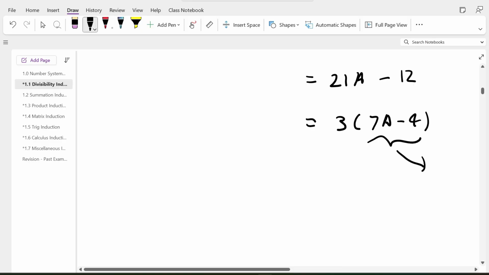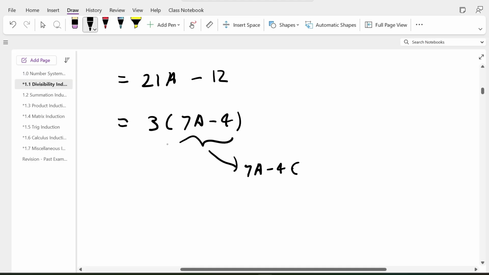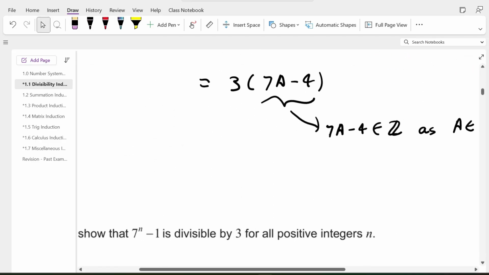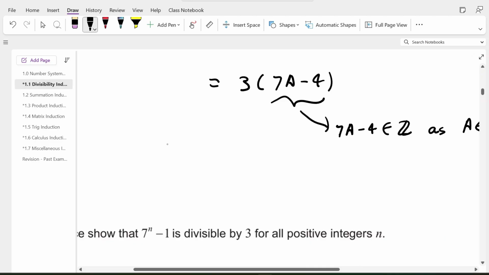7a take 4, that actually is a whole number, and it's really important to mention that, as a is in Z, just like that there. Okay, now, therefore,